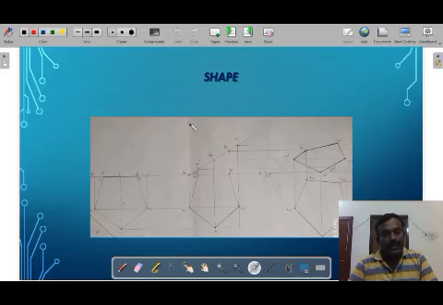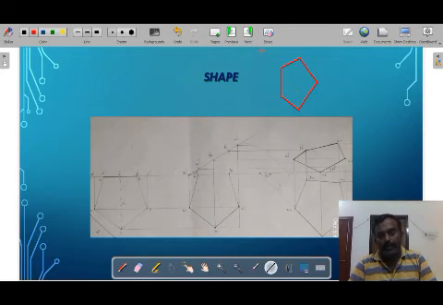Then the shape. If the surface is inclined at an angle with respect to the HP, you have to draw the top view first, and you have to keep the resting condition on the left hand side in such a way that the edge is perpendicular to the VP. Whereas here it's a corner. He has made a mistake while drawing the top view. This is not the correct way. You have to draw like this.